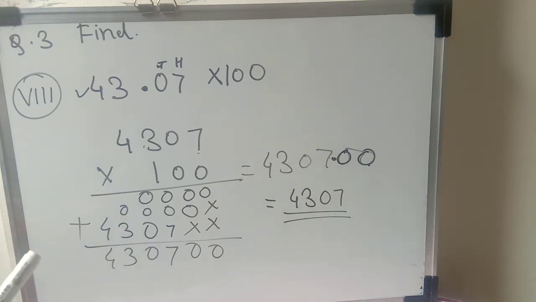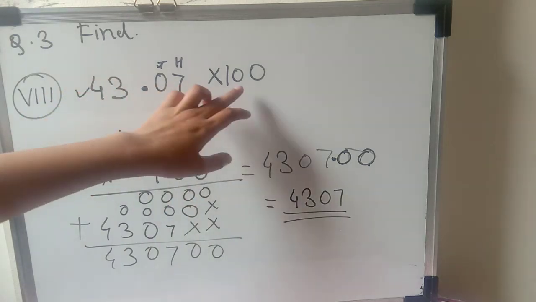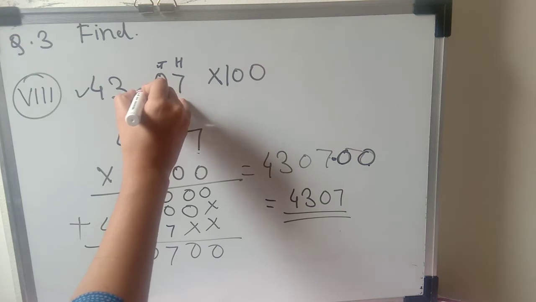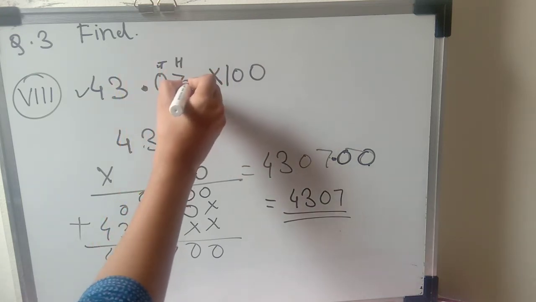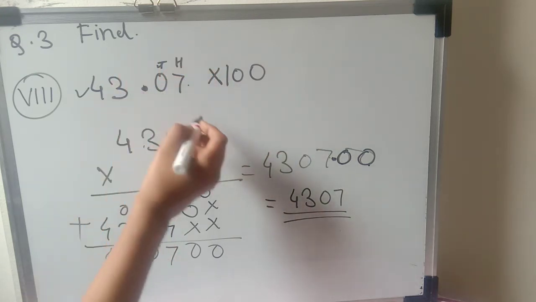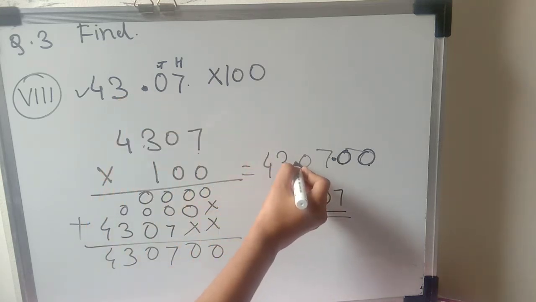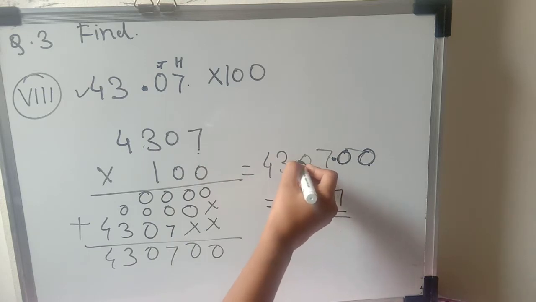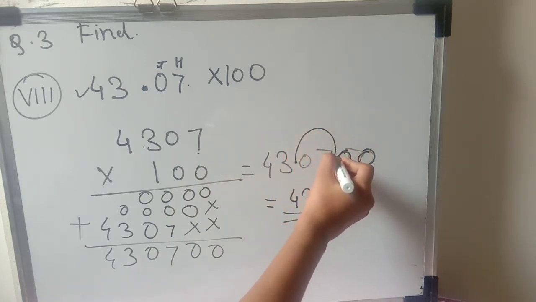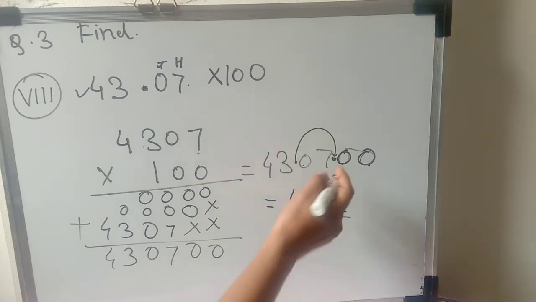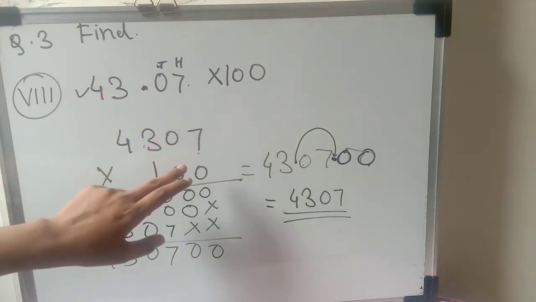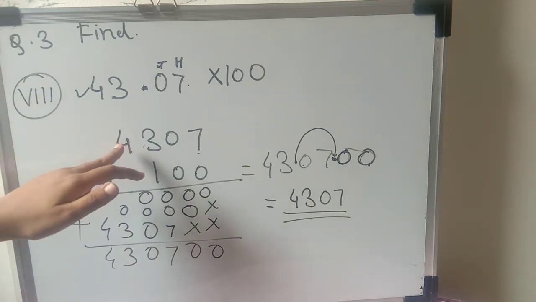Okay, now we have seen in the last session, whenever you multiply any decimal number with 100, the decimal point moves 2 places to the right. 2 places, here also we did it like this. Earlier the decimal was here, after multiplication by 100 this decimal moves 2 places from the right. Okay, here the decimal has come. I hope now you have understood what we have learned in the previous session.